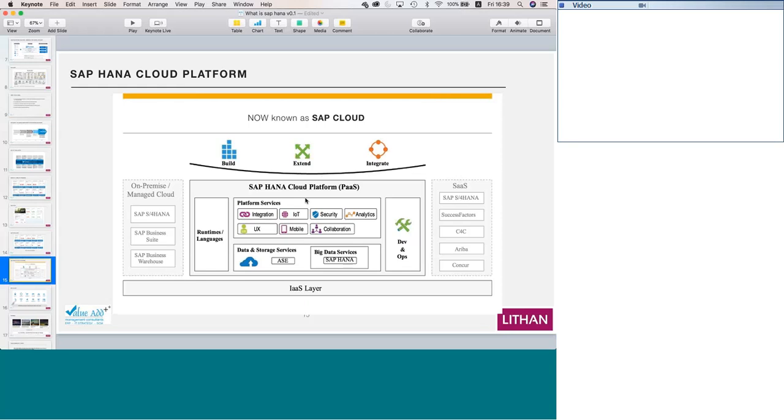You have SAP applications and non-SAP applications in your landscape. How do you talk to those non-SAP applications, and how do you make them go digital? The answer to that is SAP Cloud, old name SAP HANA Cloud Platform. That's all. As long as you know this, it's good enough.